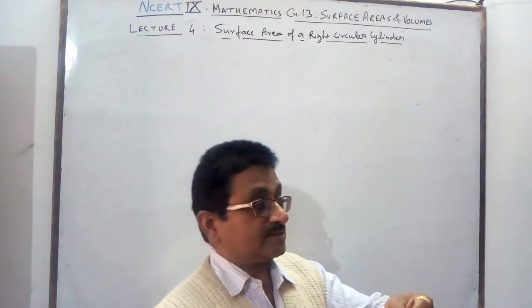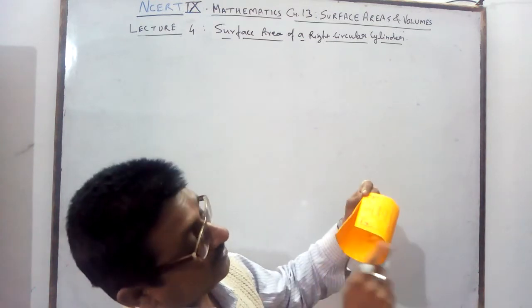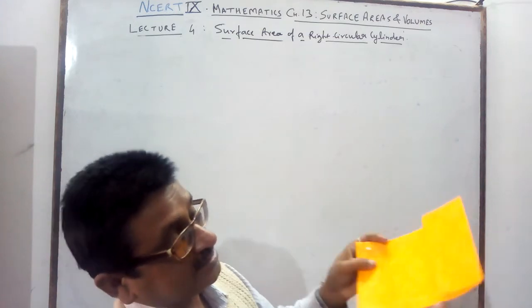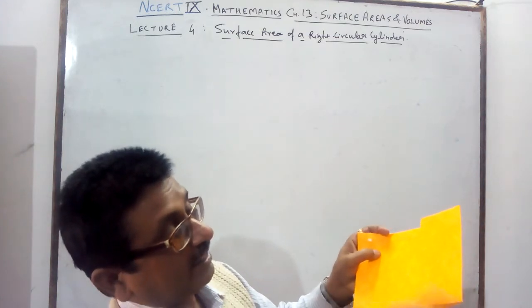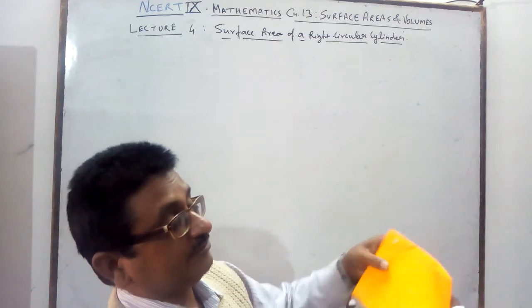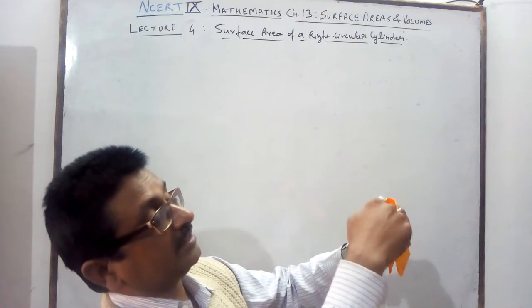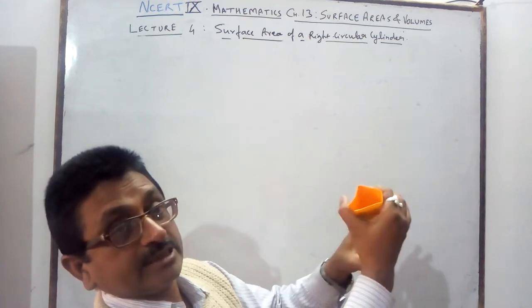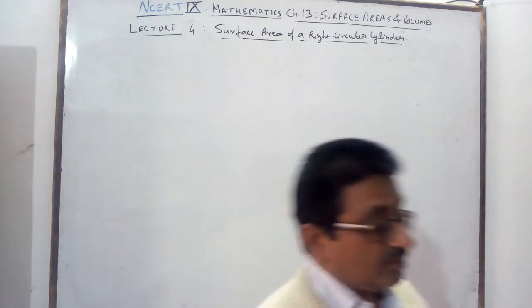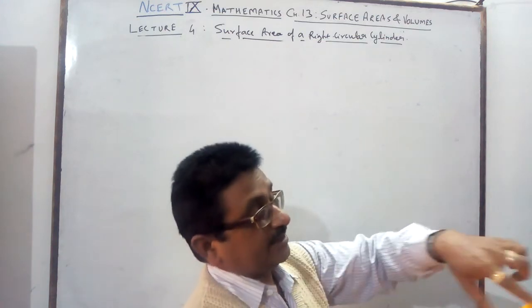the circumference of the base of the cylinder. You are getting the circumference of the base, 2 pi r. 2 pi r is this, so you can calculate r by this, and height will be this. If you want to rotate it like this, then height will be this and the breadth of this card will be the circumference. So its curved surface is formed by the area of a rectangle.